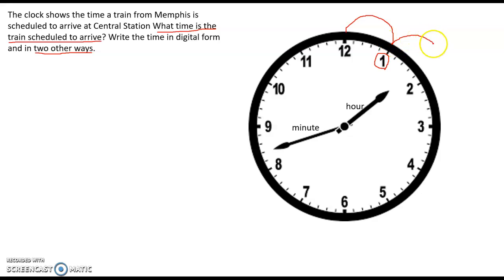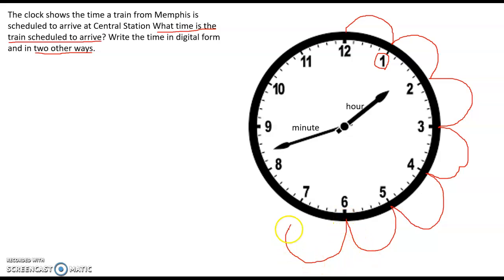5, 10, 15, 20, 25, 30, 35, 40. Now I'm going to stop at 40 because I know we're not yet to 45. So now we're counting by ones. So we're pointing to that one right there. So 40, 41, 42. So the time is